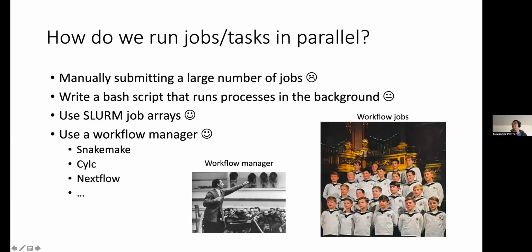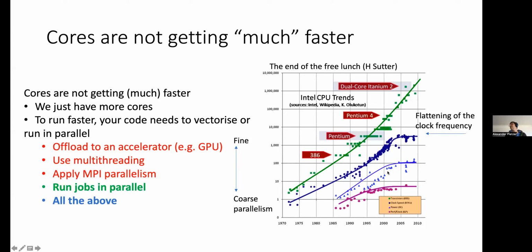It flattens around the year 2003 or so, and it represents essentially the clock frequency. The clock frequency of a CPU core was the way we would get faster execution speed on our code. And we didn't have to do anything. We could just sit on our bum and wait for the next CPU to come out, and suddenly the code was running faster. That's no longer the case.